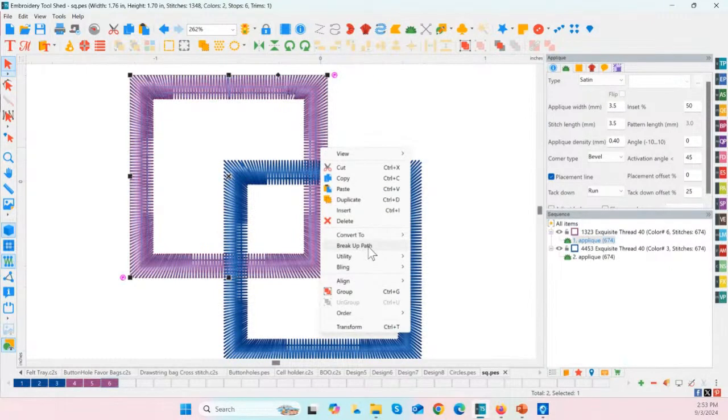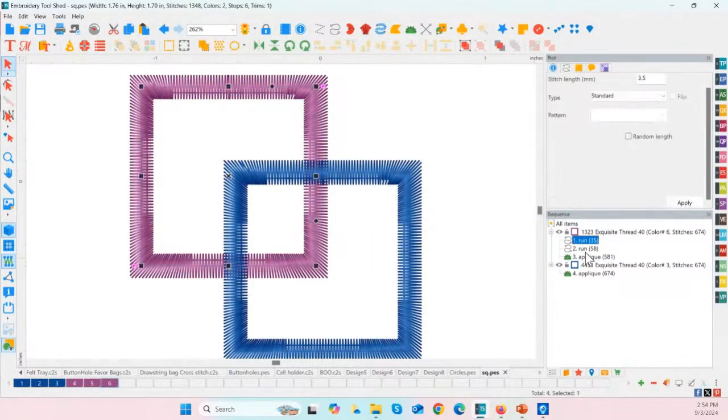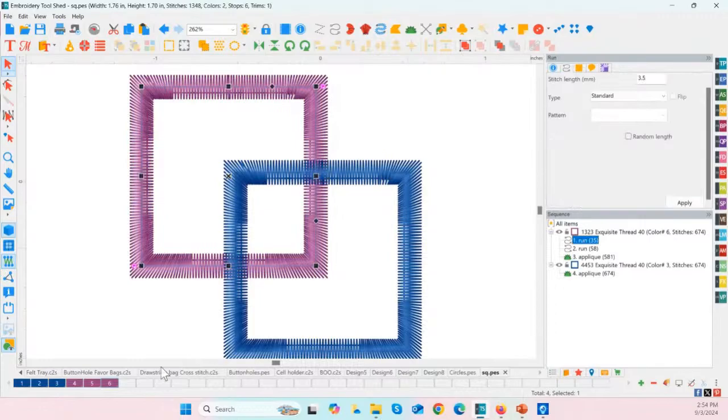Here's what happens when you break up path. So take a look over at my sequence view here. I have one applique in purple, one applique in blue. When I do a break up path, it gives me my run stitches for placement and tack down separate than the finishing stitch. So we still get the run and the placement, but the applique, that last stitch is separate. So now I can either change these to